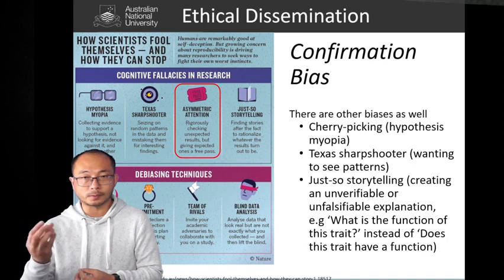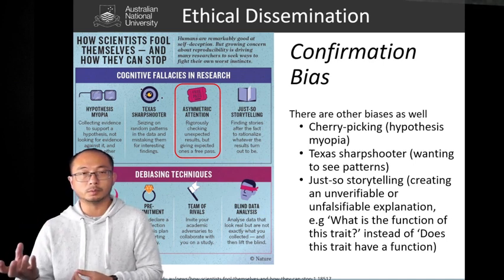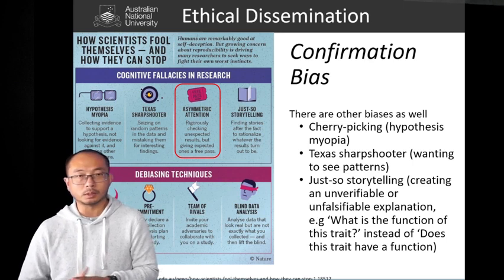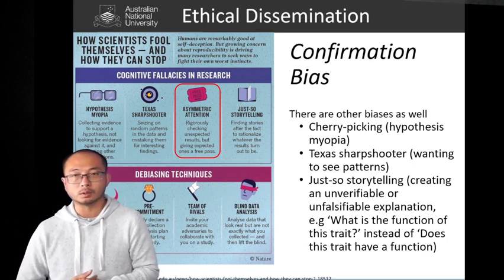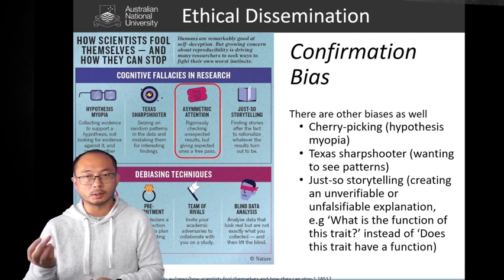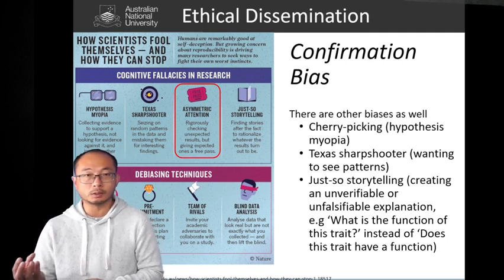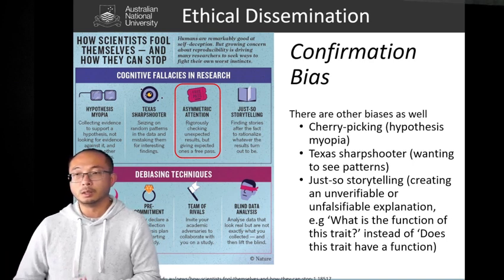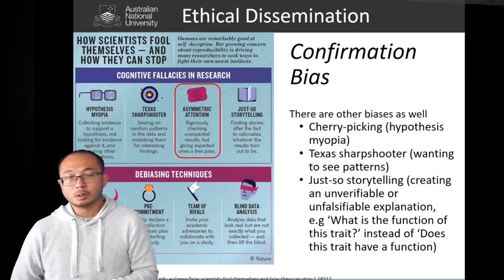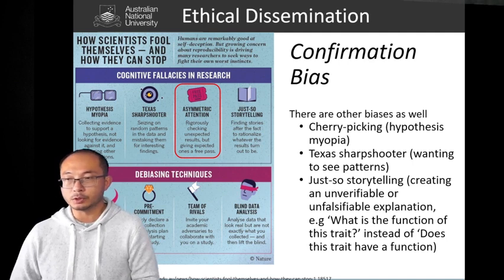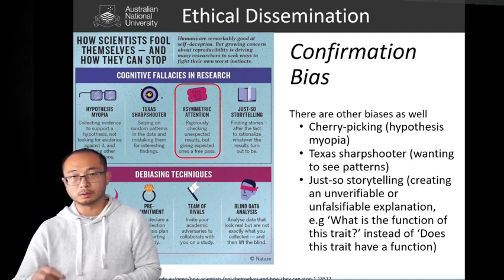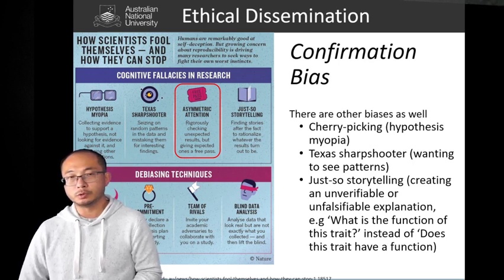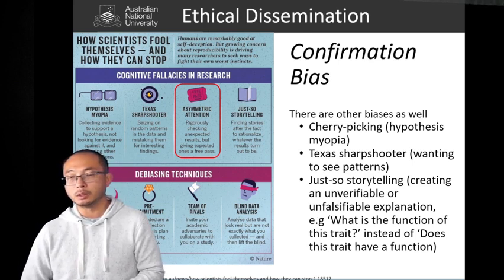So basically, if there's a trait that doesn't kill the animal before breeding age, it tends to hang around. It tends to stay on. So instead of asking what the function of a trait is, you should ask whether a trait has a function. This is actually better explained in the second link in the slide, the logical research questions, and